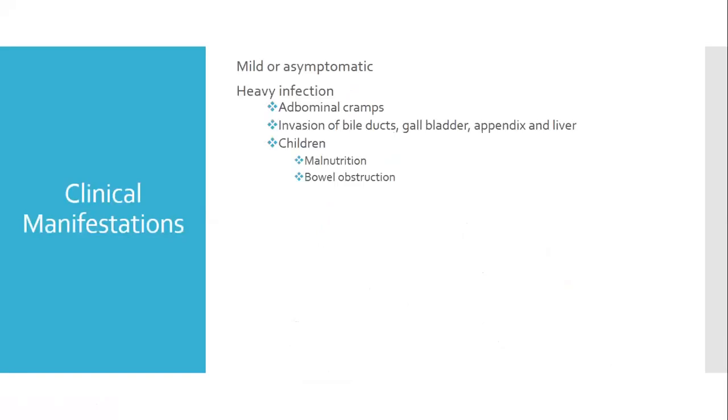So the clinical manifestations are largely mild infections and asymptomatic. However, with heavy infections, you can get abdominal cramps, and the worms themselves can invade the bile ducts, gallbladder, appendix, and liver, where they can cause various symptoms and signs due to mechanical obstruction. Kids are predominantly prone to these heavy infections, and in this setting, the kids can have malnutrition and even bowel